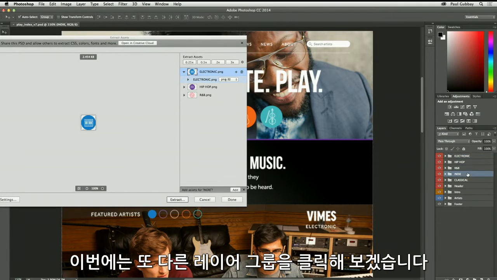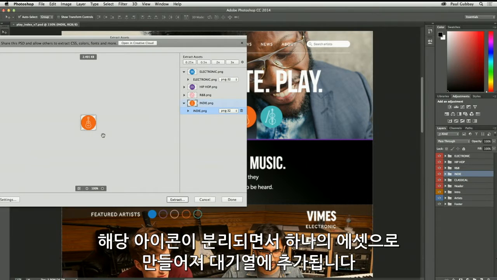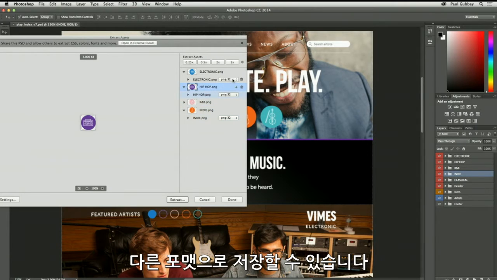Let's see, I've got another layer group here. I'm going to click on that. I'm going to choose Add, and in just a second, it's composited down and created another asset that's been added to my queue. Now, you'll notice that for each of those assets that are added, I can choose to change them in different, save them in different formats,